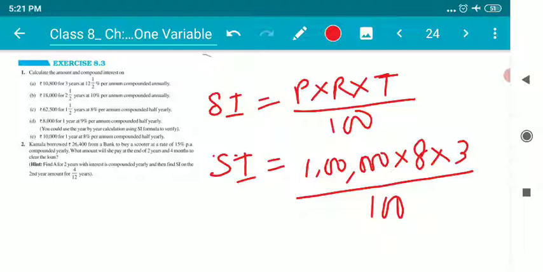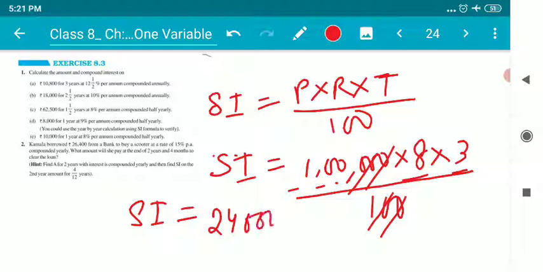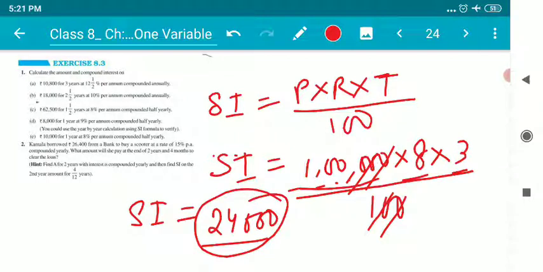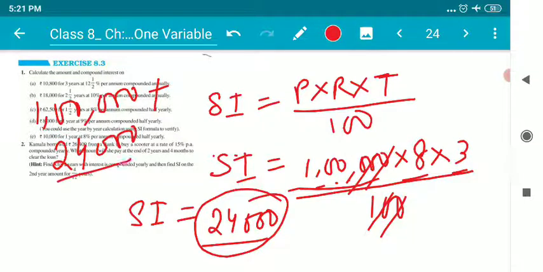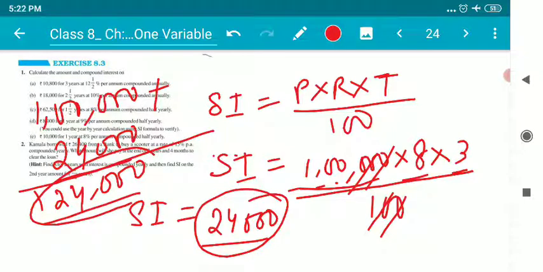Now the question comes, sir, where is this 100 coming from? 100 is coming from the formula. So these two zeros will be cancelled. The simple interest for 1 lakh at 8% will be 3 8s are 24, 24 into 1 is 24, and after that there are 3 zeros. So after 3 years, when I go to the bank to return 1 lakh rupees, I have to pay 1 lakh plus 24,000. This is the amount, 1 lakh 24,000, I need to pay back after 3 years to the bank. I believe it's clear to everybody, right?